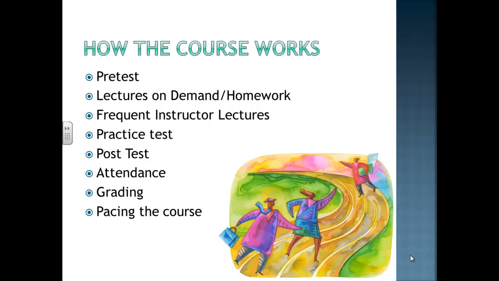Once you get into the homework, you have to score at least an 85% on every topic to unlock the practice test. Before you can take the post-test, which gets you beyond the module, you have to score an 85. Is it 80 or 85 on the practice test? Yeah, 80 on the practice test. Once you score 80 on the practice test, the post-test is unlocked. You can take the post-test.